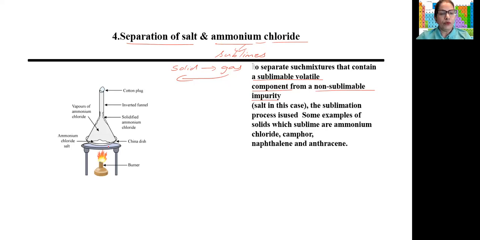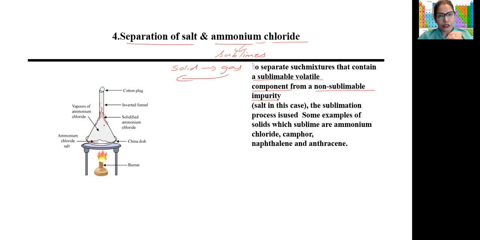So what do we do? We take a china dish, and in that we take the mixture containing ammonium chloride, and then we place a funnel on top of the china dish to cover it. Because we want to collect the ammonium chloride, and the salt will remain on the china dish. So what happens when heat is applied? The ammonium chloride will change into vapors and it will start